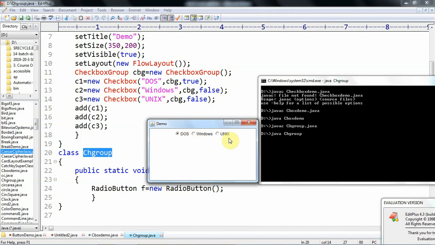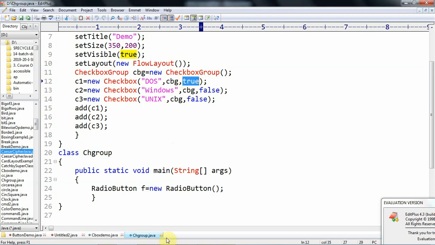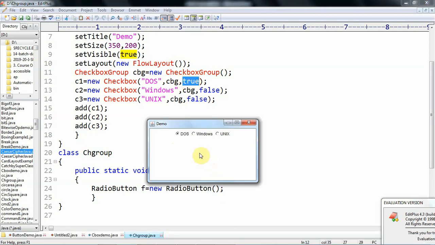So in total three radio buttons are there. In these three radio buttons, initially only one radio button is checked because C1 is true. Suppose if you want to check another radio button, then for this the checking is gone.